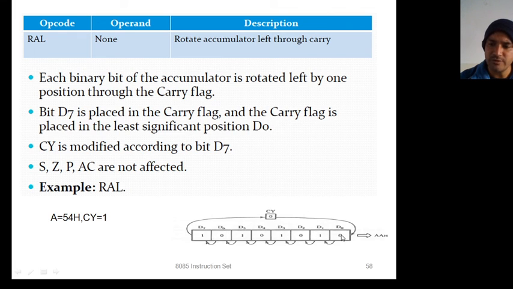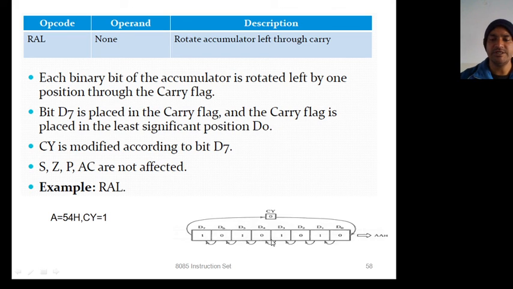This bit is shifted here, this here, and so on. Now the top bit is shifted into the carry flag and this carry flag is shifted into D0. This means new D0 is old CY and new CY equals old D7.